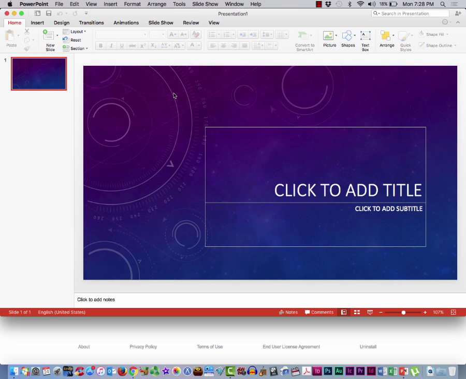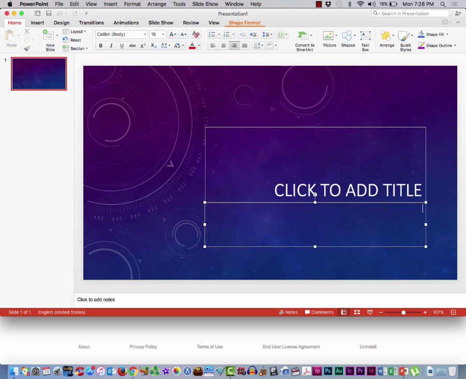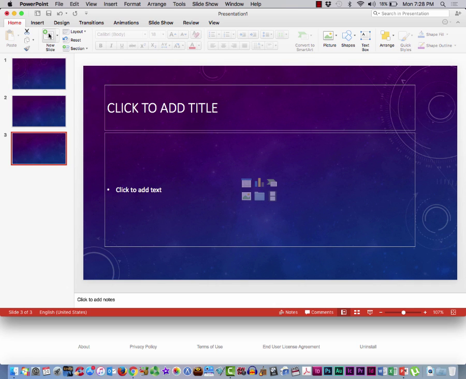you'll see that it already has a background graphic. And that graphic also has pre-designed fonts. Calibri Light is the heading, 48 point, and then for the body, 18 point. So these are pre-assigned fonts, as well as color and sizes. And if I were to add a new slide, no matter what new slide I add, it will always have